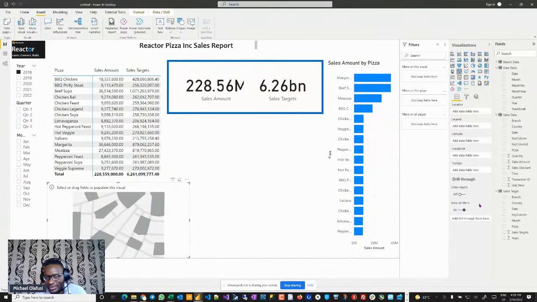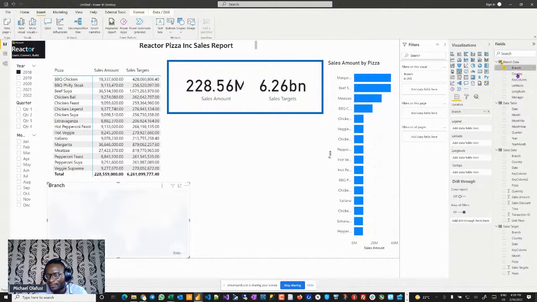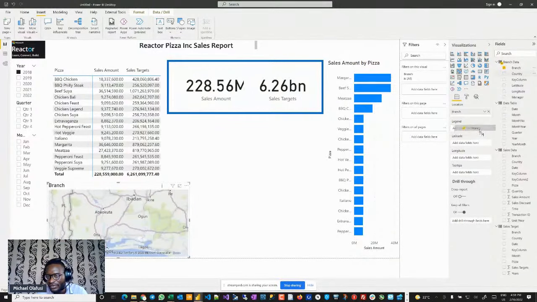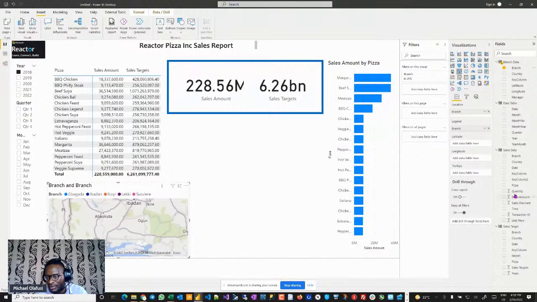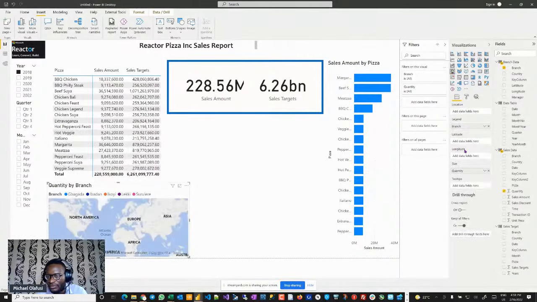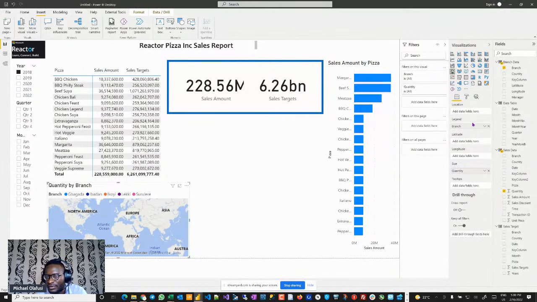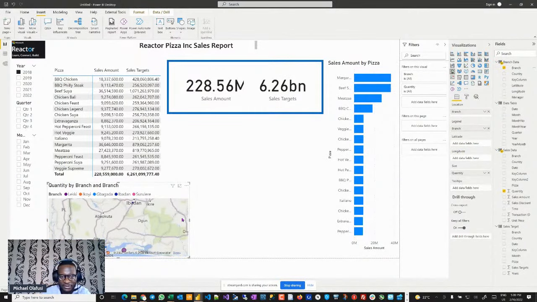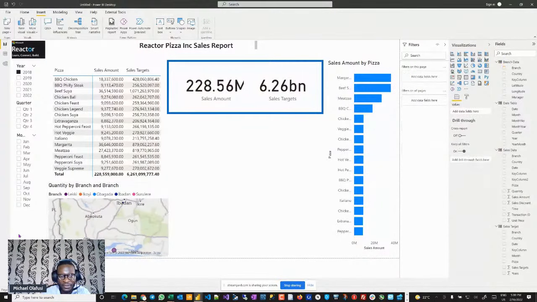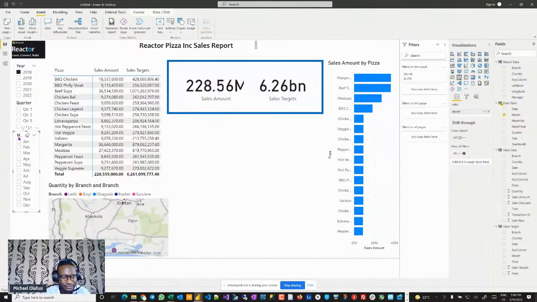But any questions? The key thing is you've seen all the transformations that I did, and those transformations were all in the Power Query. Every problem we faced, I went back to the Power Query. The quantity here, so we get to see by size. Actually, let me do this type of chart. So by size. Okay, good. So by size, I get to see different. So any questions? Any questions so far?